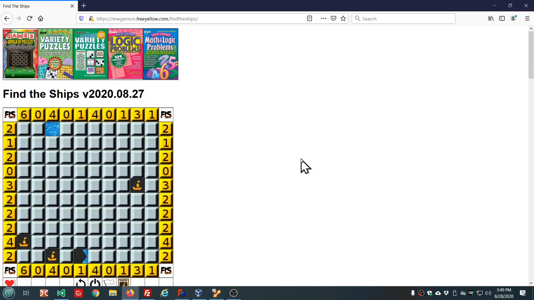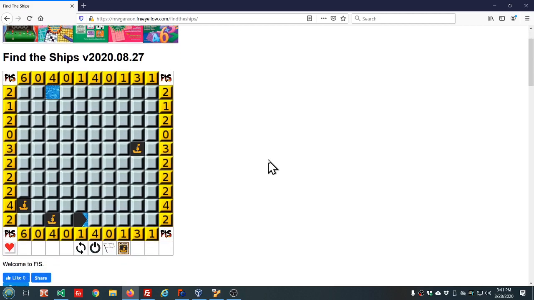So what is Find the Ships? Well, it's a single player game. It's a cross between Battleship and Minesweeper. So if you like Minesweeper or Battleship or both, give this game a try. The goal of the game is to find all the ships. It's played on this 10 by 10 grid,